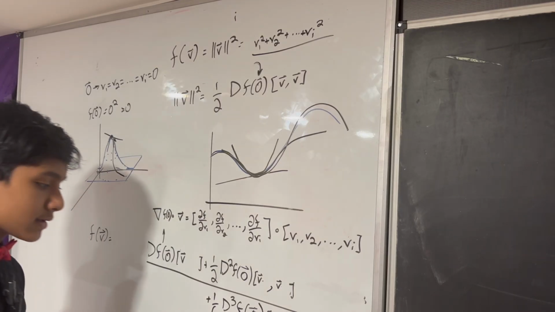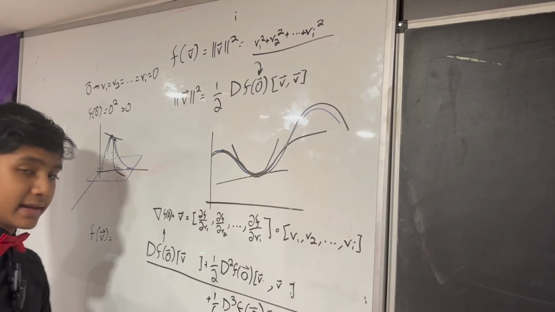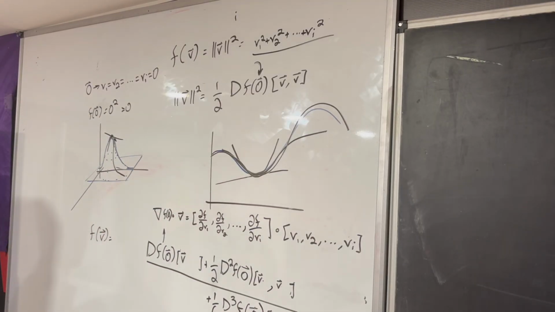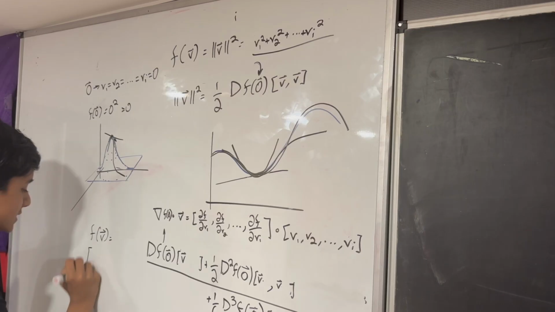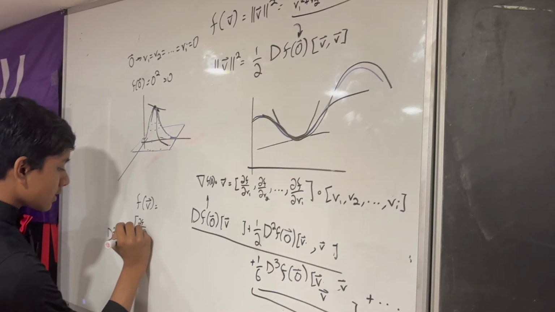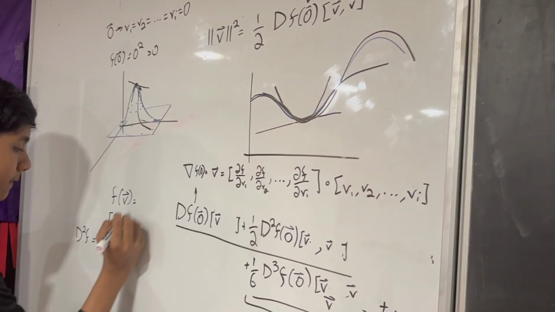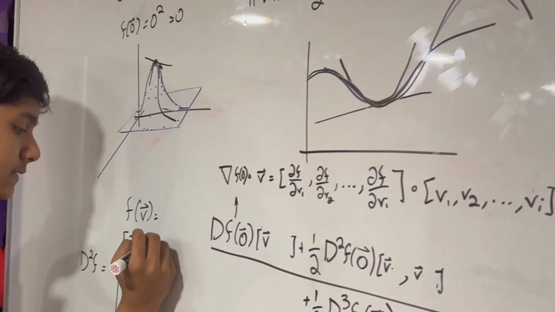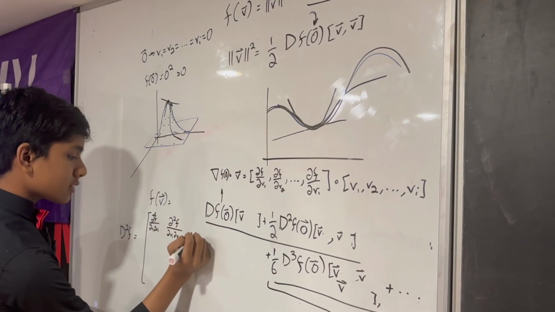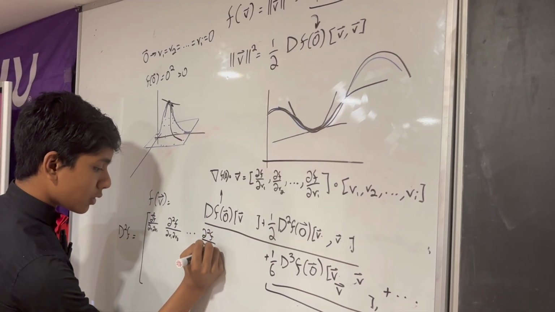All right. Second thing, how do we get rid of this guy? Because that's like an infinite sum and stuff. We don't want that. So how do we get rid of this? Well, very simple answer. What does the Hessian, or the matrix of all the second derivatives, even look like? Well, let's get straight to the second derivative. So this is going to look like partial squared f, partial v1, v1, partial squared f, partial v1, partial v2, dot dot dot, partial squared f, partial v1, partial vi,